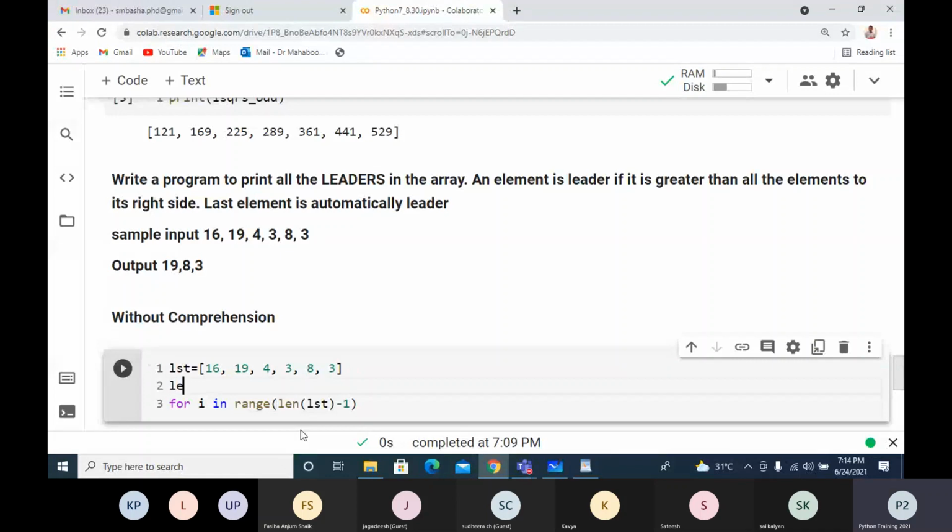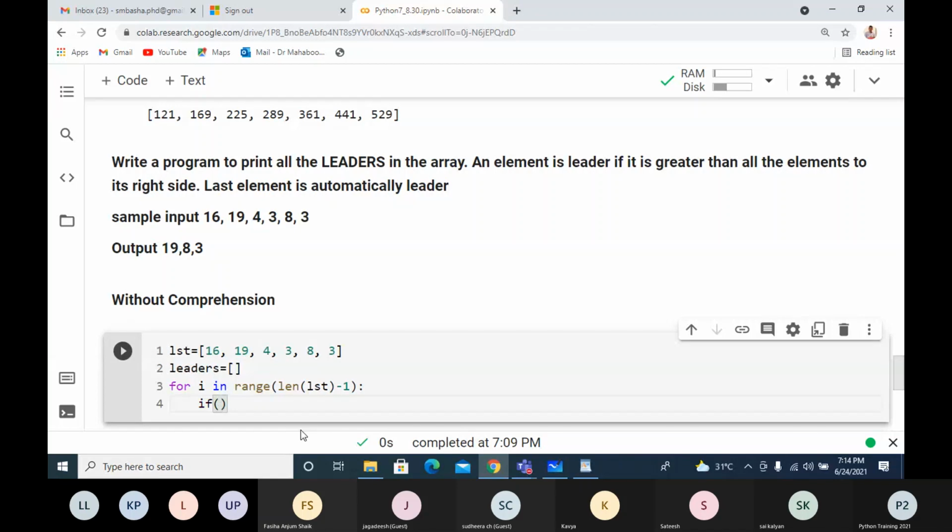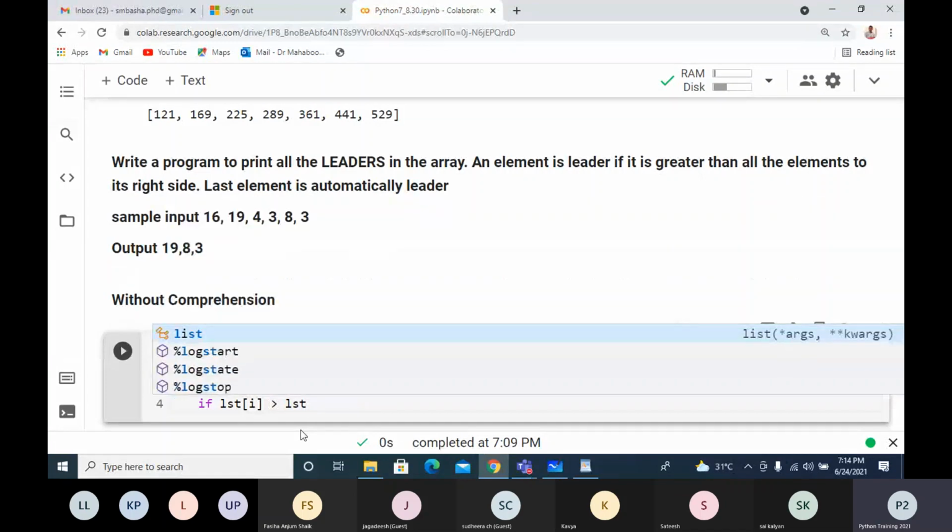I'll take leaders equals to an empty list. Then I'll say if LST[i] is greater than all the elements right side to it. How to find the right side elements? The elements right side to the ith element start from i plus 1.